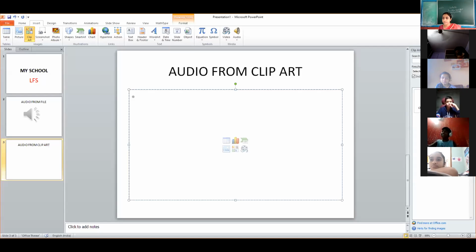You can see, as soon as I clicked on clipart audio, this window appeared. This part of the window on the right-hand side. Is it visible to everyone? Please nod your heads. I'm not talking to statues, right?